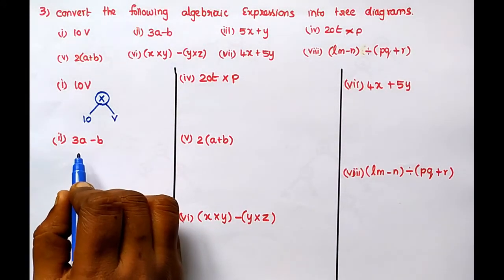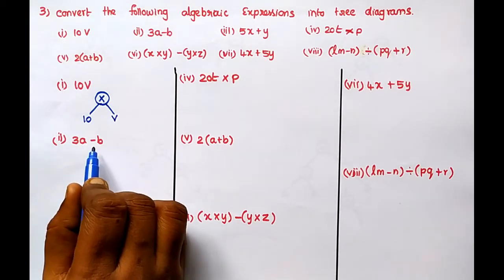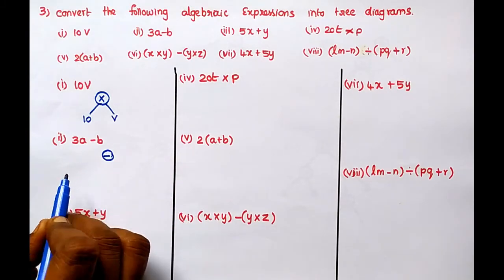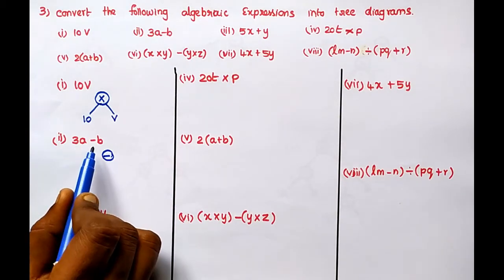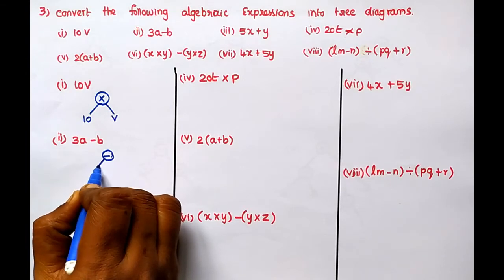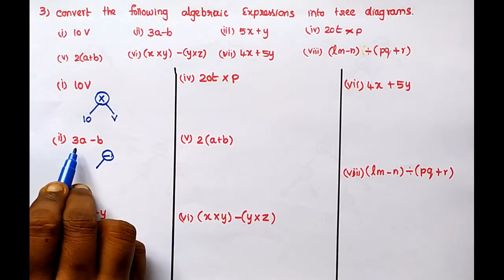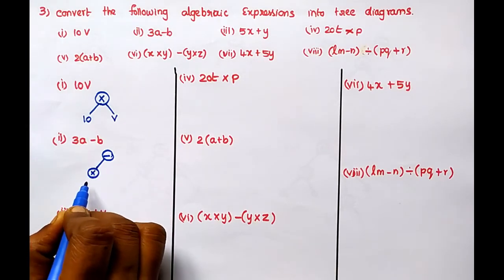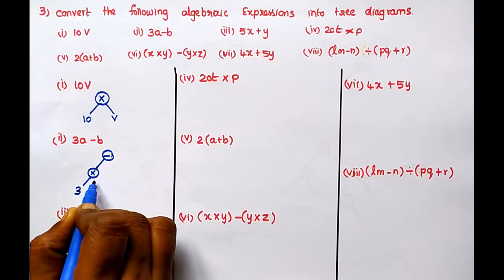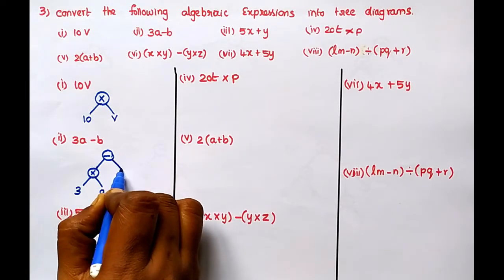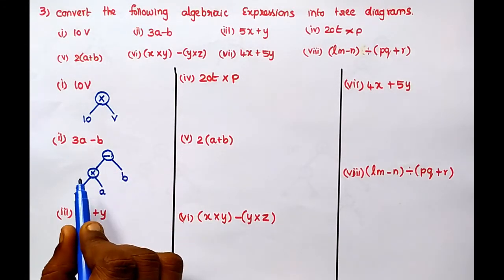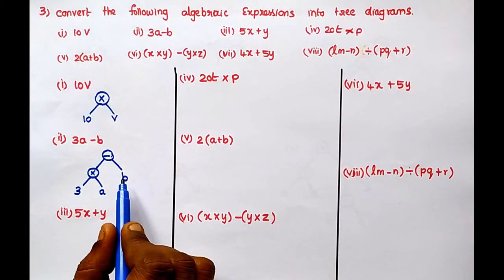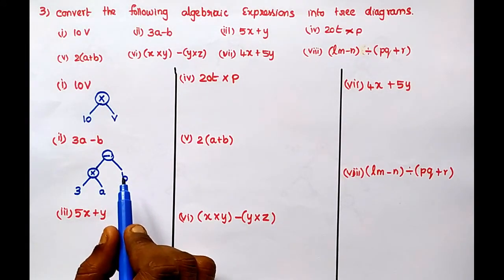Very easy now. Next one, listen, 3a minus b. We subtract that 3a and b. So how will you write that 3a? 3 and a in multiplication sign. So multiply 3 and a, and b. Subtract that: 3 into a, and b. Next one,